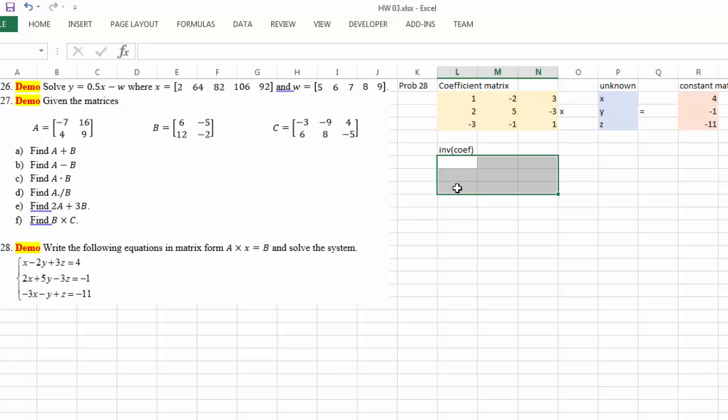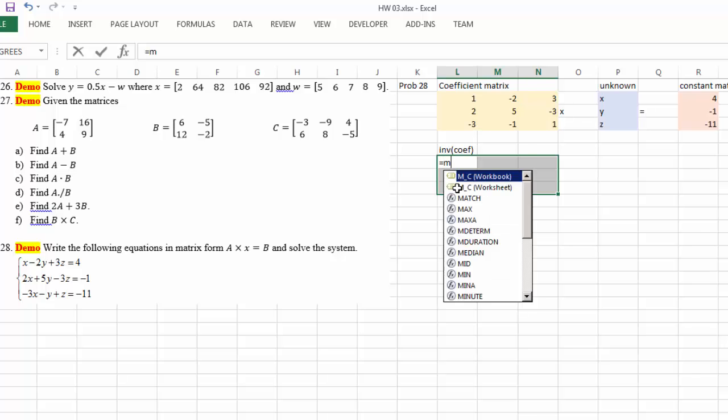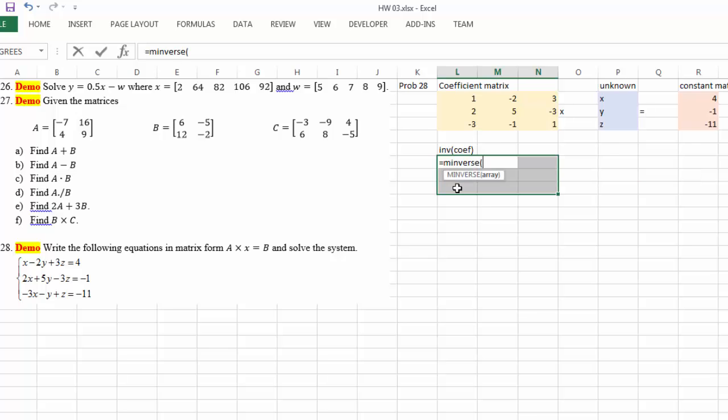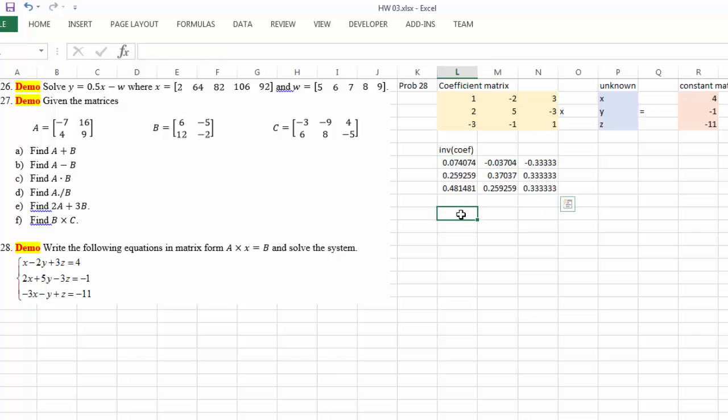So we highlight this part right here, and that equals to, we call the Excel built-in function MINVERSE. We're trying to find the inverse matrix of this coefficient matrix. So I'm just going to highlight all of them instead of naming it officially. And then don't forget to Control-Shift-Enter. And that's the inverse matrix. And to find our solution,